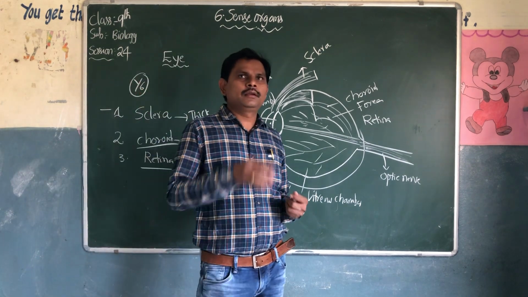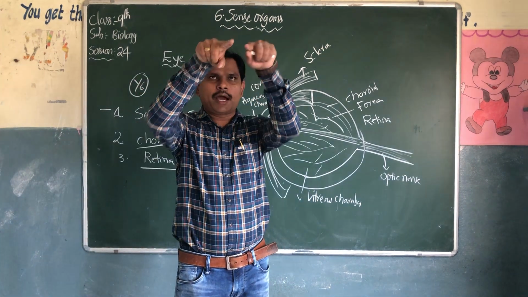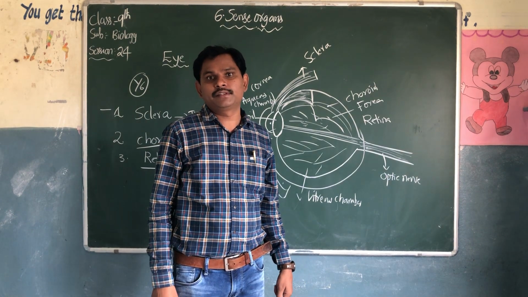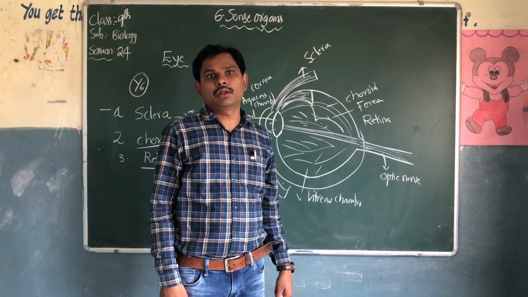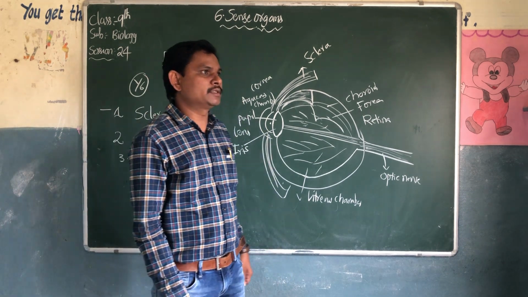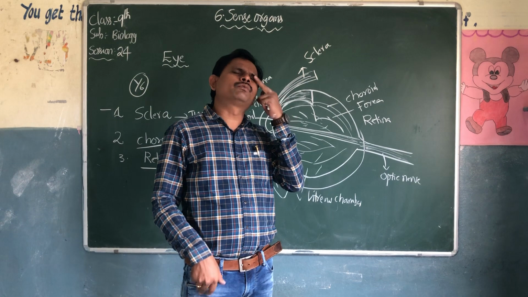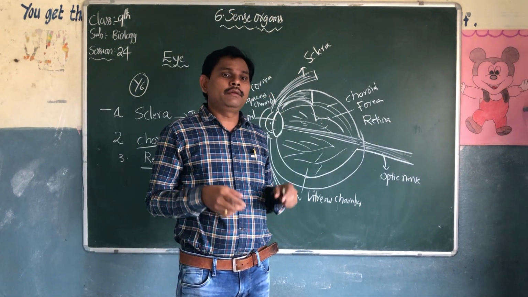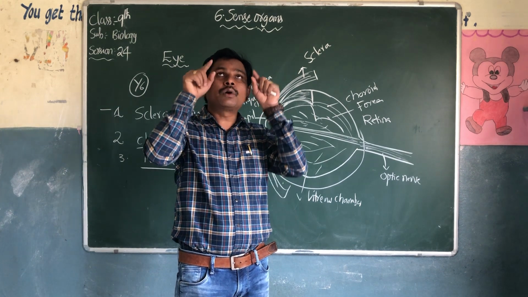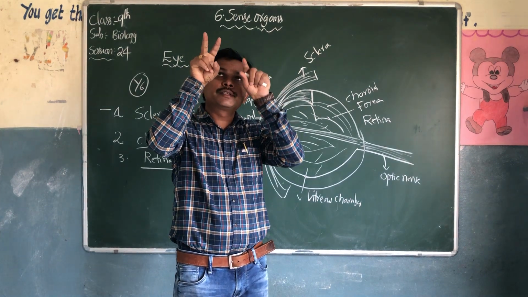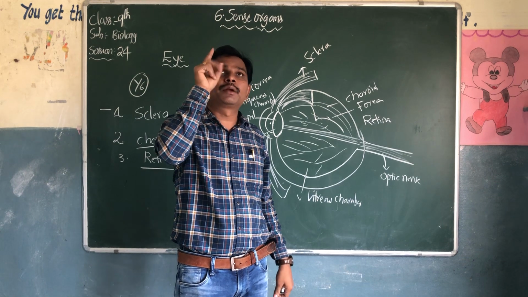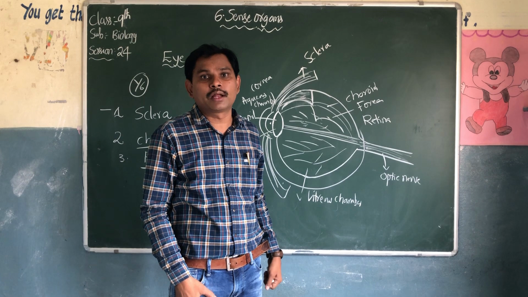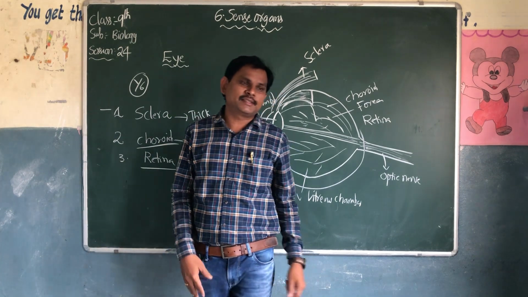We can see one substance with the two eyes. It is called binocular vision. What is binocular vision? When you look at an object with one eye, you can also see one object. Even though we see with two eyes, we do not see two objects, but one vision. That is nothing but binocular vision. I think it is there in higher classes.